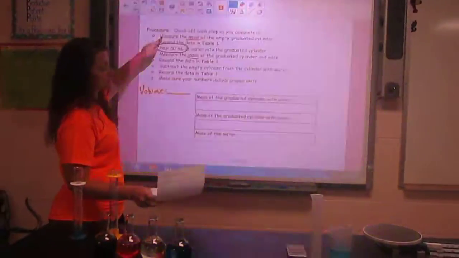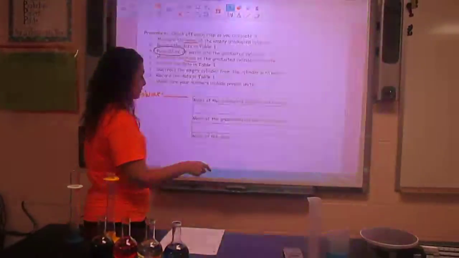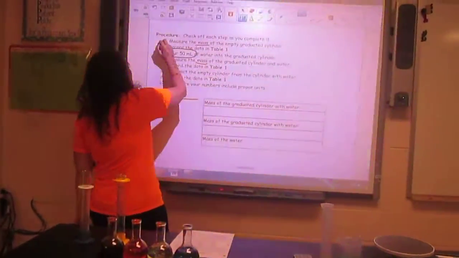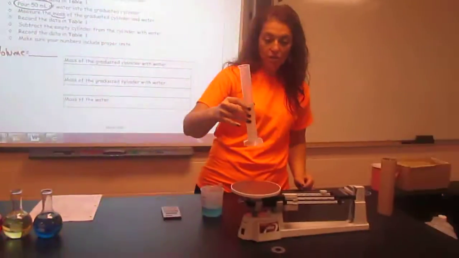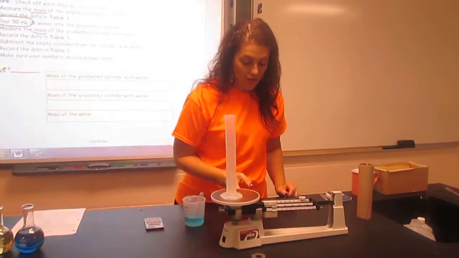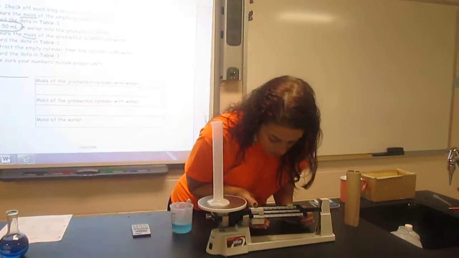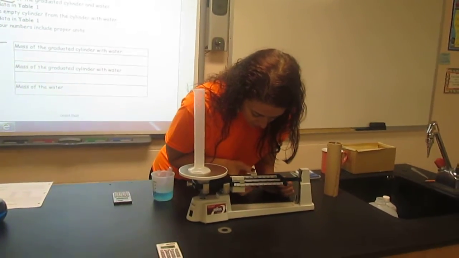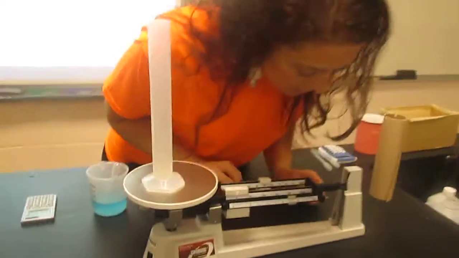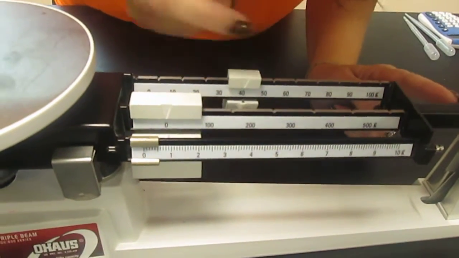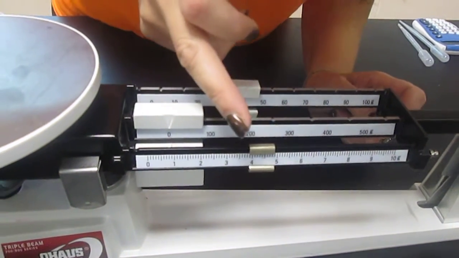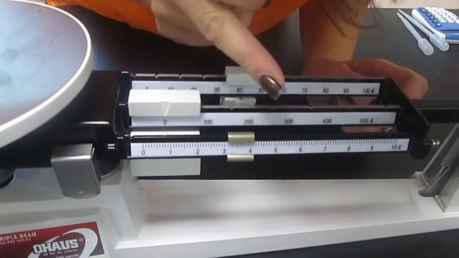First thing we have to do is measure the mass of an empty graduated cylinder. So once I do that, I check it off. So I get my graduated cylinder, I measure the mass of an empty one. So the empty graduated cylinder's mass, my cameraman, you can come a little closer if you'd like. Make sure that it's equal. So the graduated cylinder's mass is about